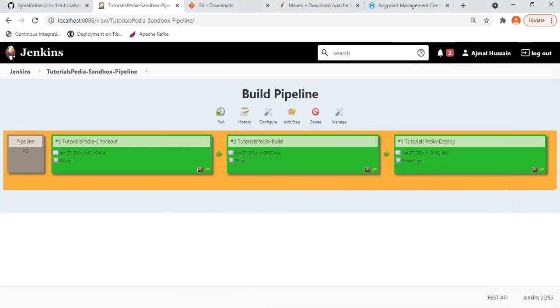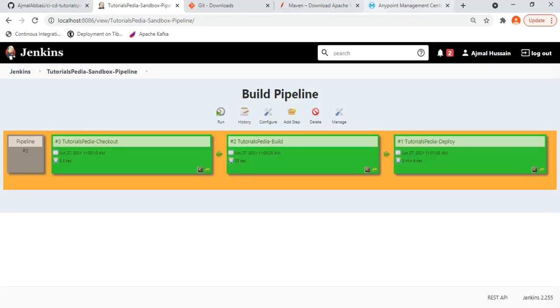So now let's wait for the checkout to happen, and then after that build and deployment. So let's keep an eye on our pipeline. This is for the previous case, 53 seconds ago. Build duration 5.3 seconds, sorry. So this was the previous one. So we will have to wait until the polling happens. After that, checkout, build and deployment should happen. So let's keep an eye on this pipeline. So far it hasn't started,